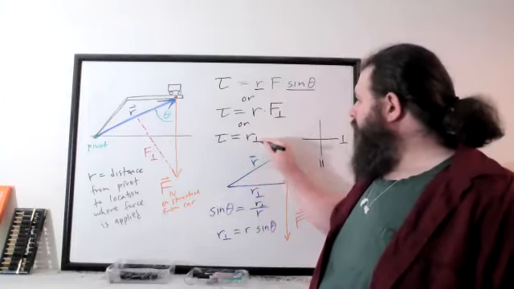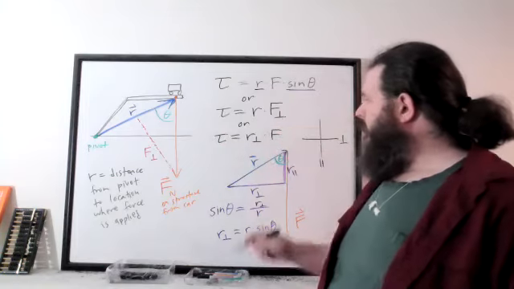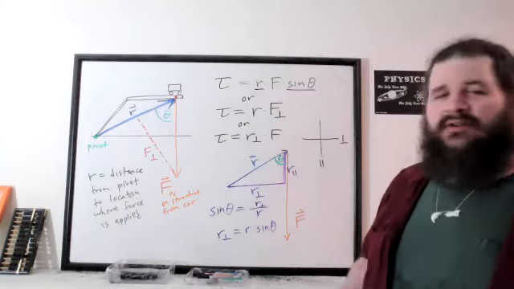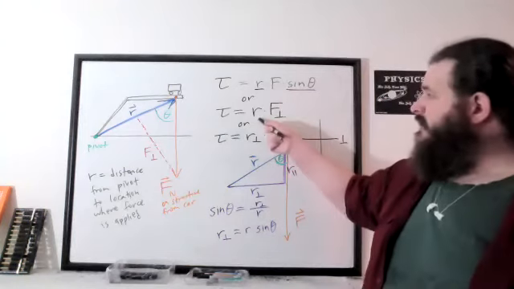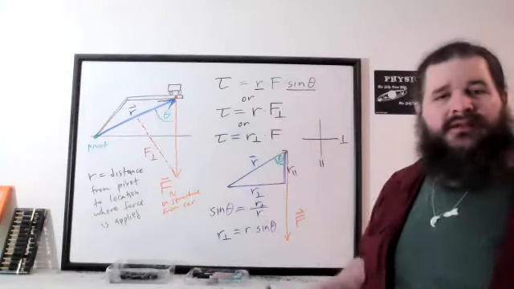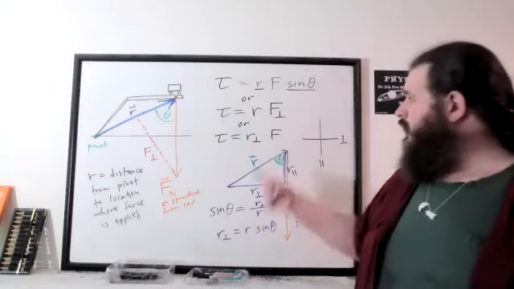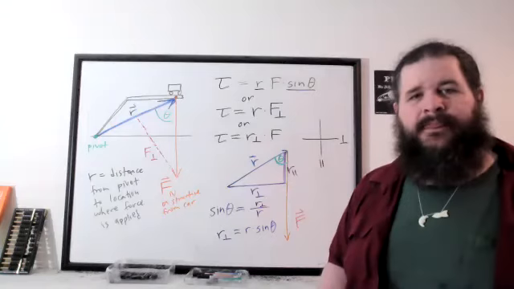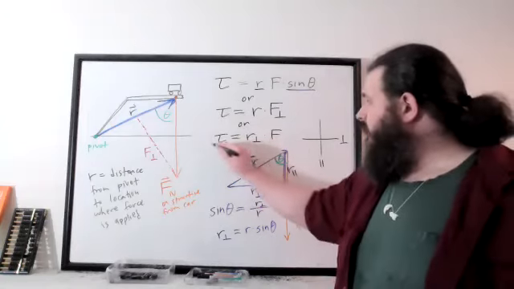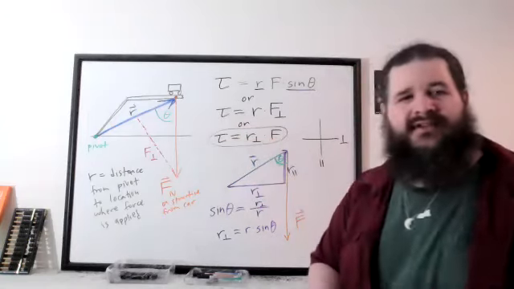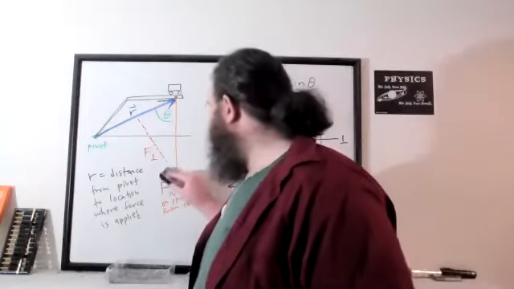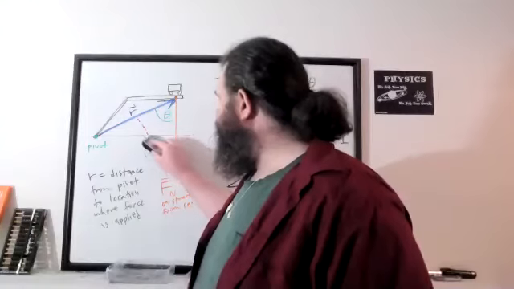R perpendicular times F. So these are two equivalent but different looking ways to do this. You can take the complete radius times just the perpendicular component of the force, or you can take the complete force times just the perpendicular component of the radius. And in this context, this formula is actually going to be significantly easier to apply. Because if you actually draw out the perpendicular component of the radius,